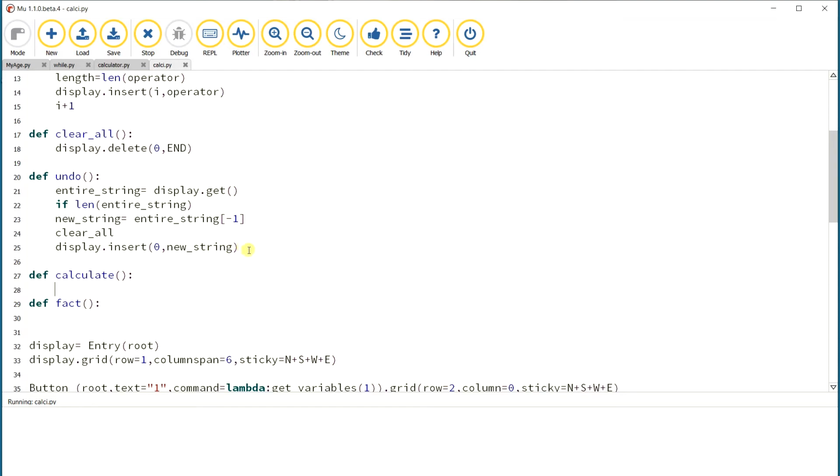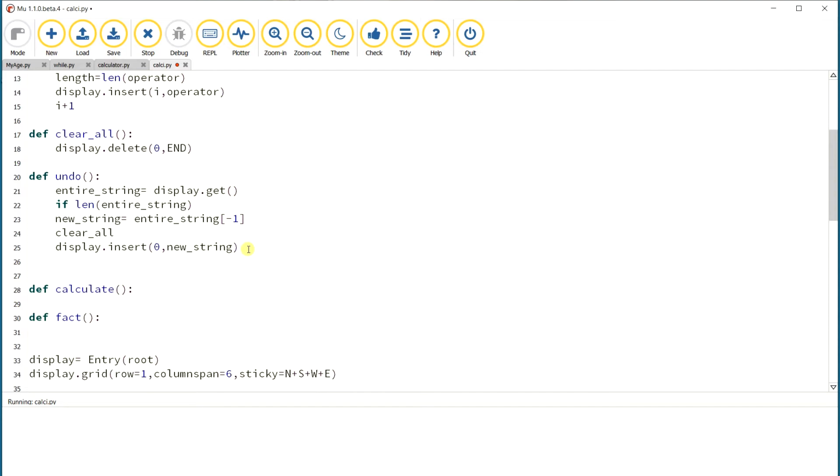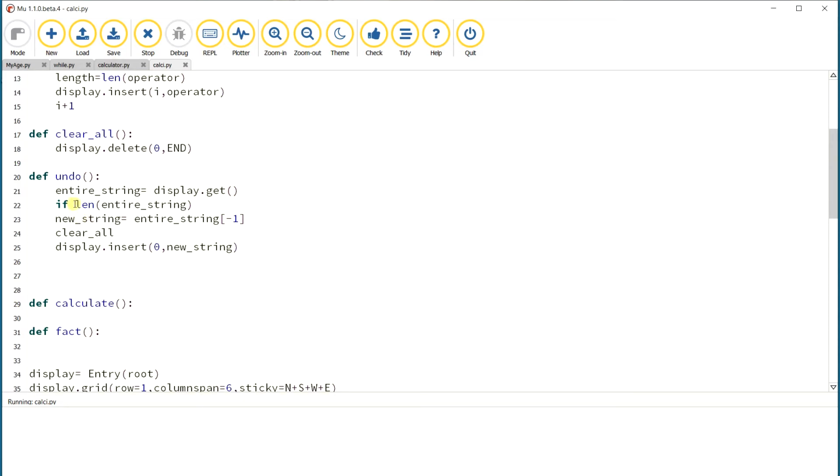So suppose you don't have anything in the input, what happens? That's why we are using an if condition. If the entire string has certain expressions, there will be some length. To find that, we check the length of the entire string, and if there is a length, then it will display. Suppose there is no input and we just press the backspace button, an error will happen. So to avoid that, we are using this if loop. If there is a string, we check using len of entire string, and all these things happen.